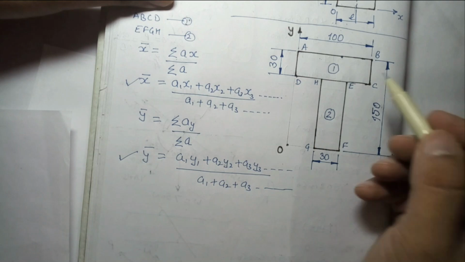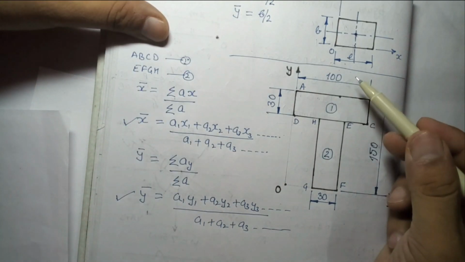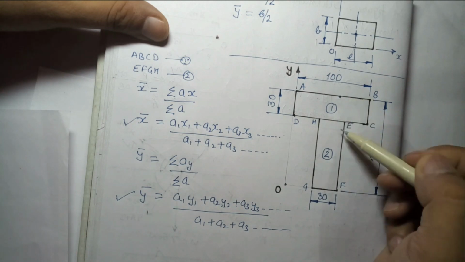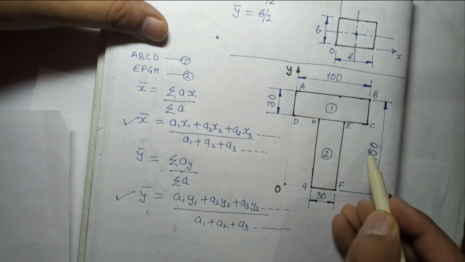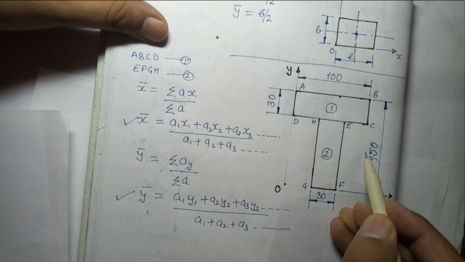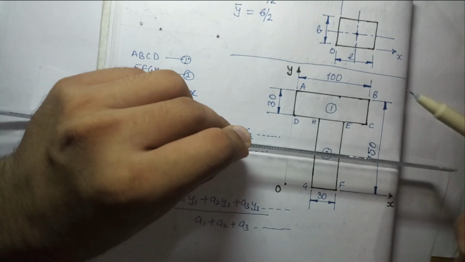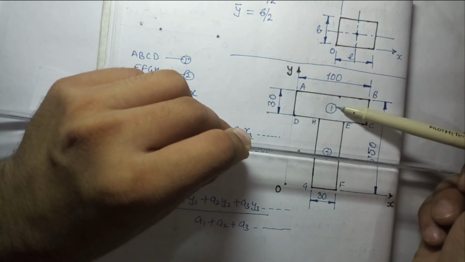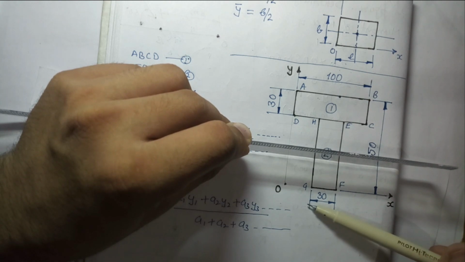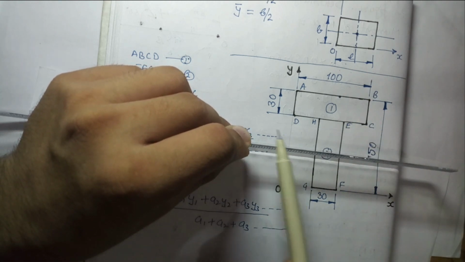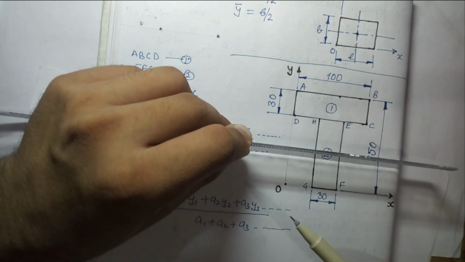What is that? Again we will use the same concept here. Can I find an axis about which the structure is symmetrical? If I draw a horizontal axis, it is not symmetrical about it. If I say this is the axis, the object here is not a mirror image of the part on the other side, right? So I cannot say the centroid will lie here, because it is not a mirror image on both sides, not symmetrical about this axis.